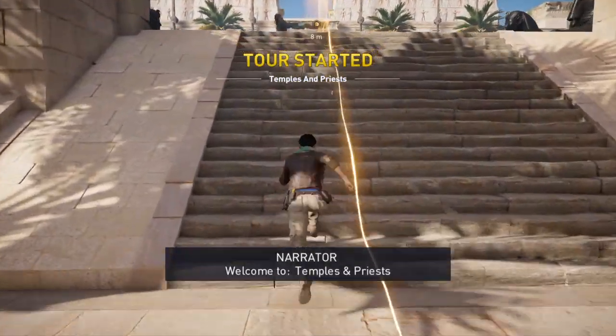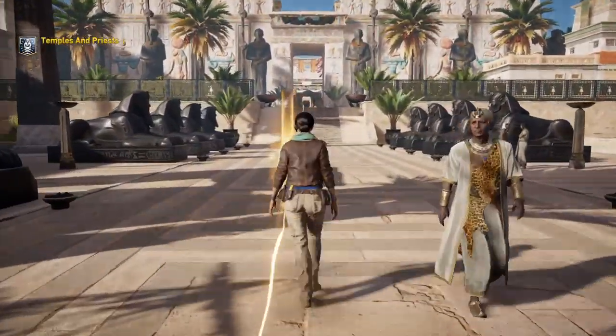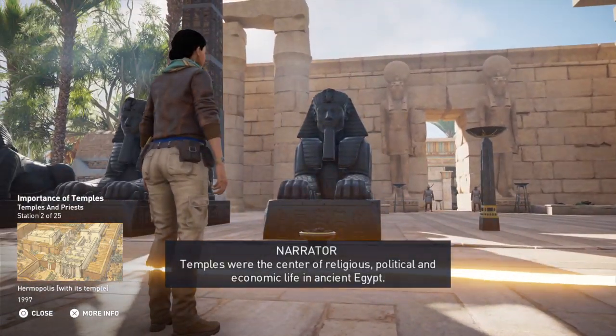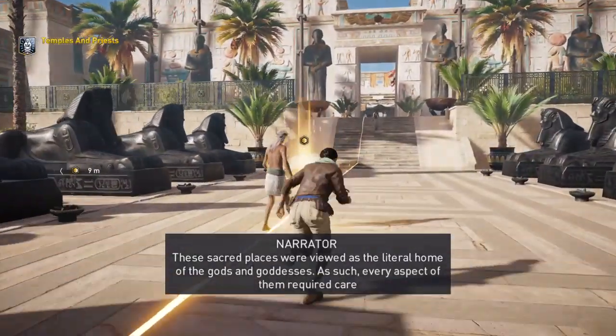Welcome to Temples and Priests. From its foundation, the city of temples were the center of religious, political, and economic life in ancient Egypt. These sacred places were viewed as the literal home of...